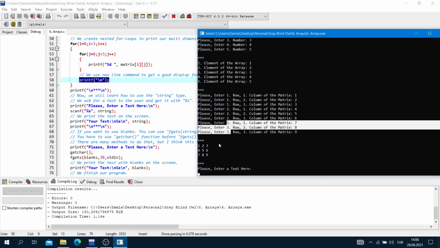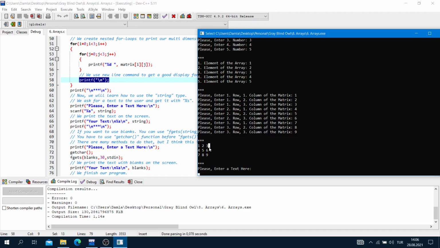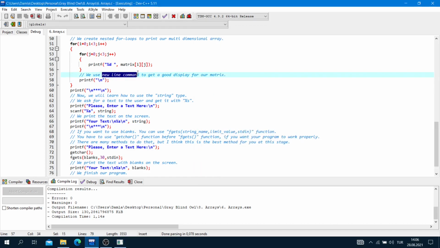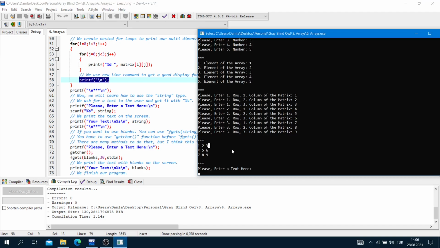So I want to separate them like that. So I use a newline here after the columns for loop, after the for loop for columns.